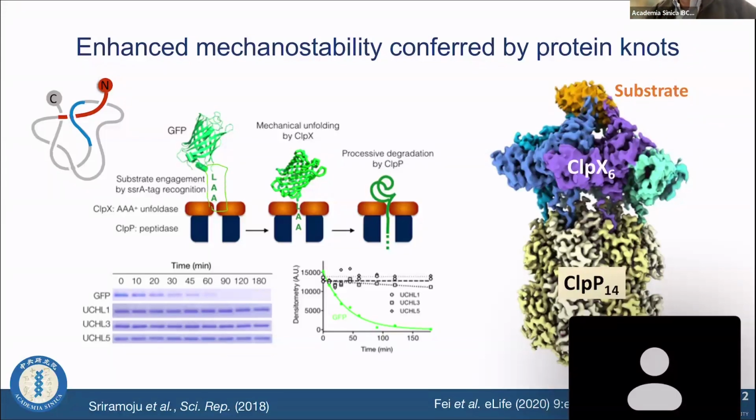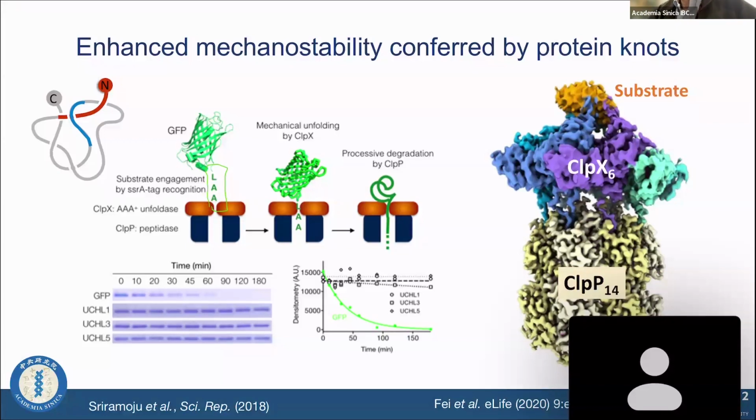This tag is recognized by a bacterial proteasome called ClpXP. You can monitor the reduction of the substrate intensity as a function of time to evaluate how stable this protein is when it is subject to force pulling coupled